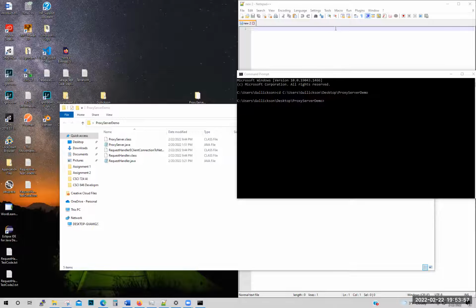Well, this is Cody Gullickson presenting assignment 1 for the CSCI 846 distributed systems course. For this assignment, the requirement was to create a multi-threaded proxy server that would be initialized and running on a local workstation. For this assignment, my proxy is going to be running at the local host address, as well as